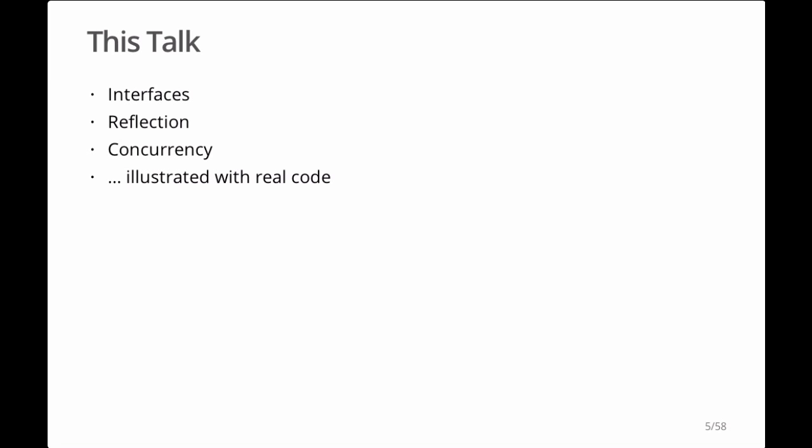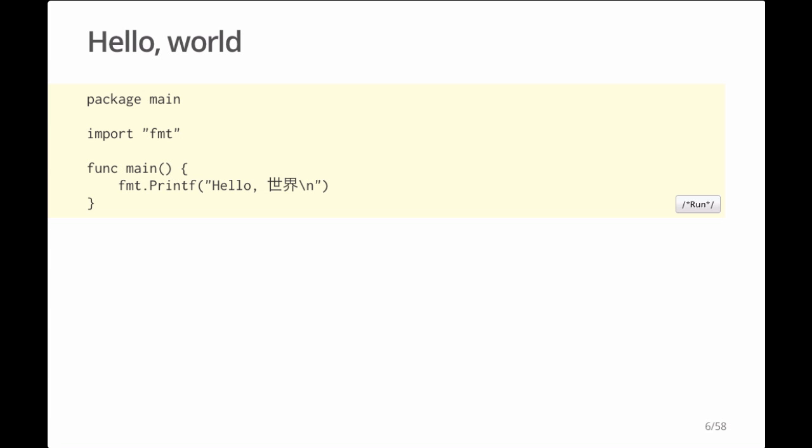This talk is a tour of 3 pieces of Go that I think are essential to it being fast, fun, and productive. Those 3 pieces are Go's approach to interfaces, Go's support for reflection on types and values, and Go's support for concurrency. I've tried as much as possible to illustrate those pieces with real code, so while we'll see some simple example programs, we'll also see how those important parts of Go are used in the standard library. I think I've talked long enough without showing you any code, so here's our first Go program, Hello World.